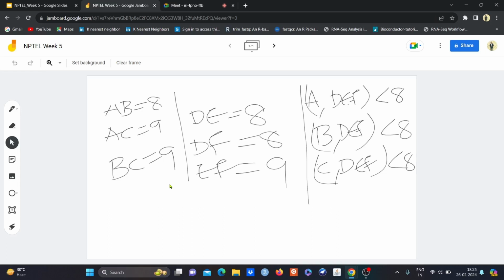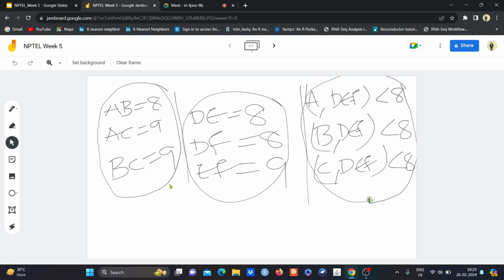We'll solve it here. So I identified the pairs which share similarity more than the threshold of 8. When we try to group them, here we have A, B, C,